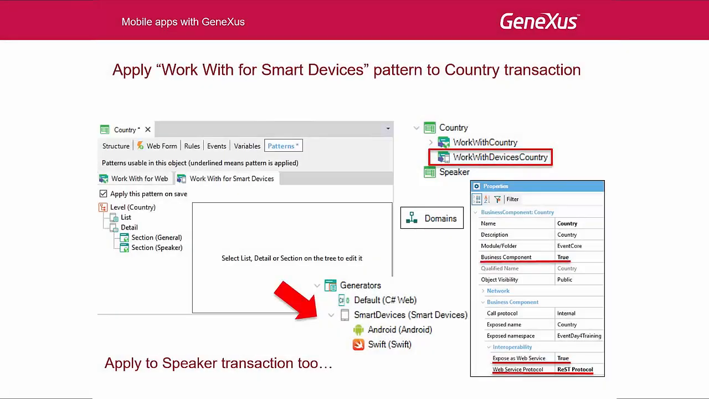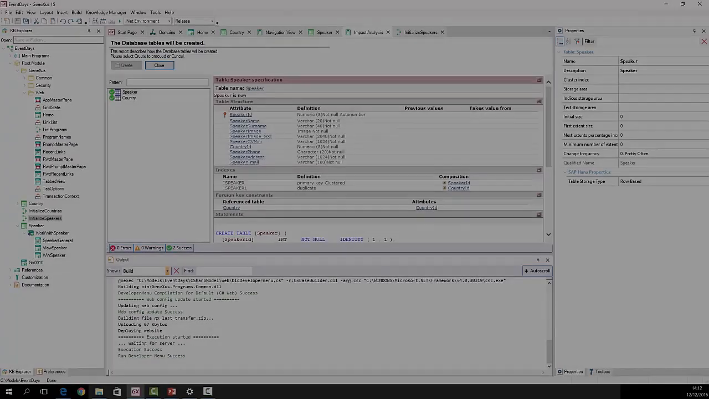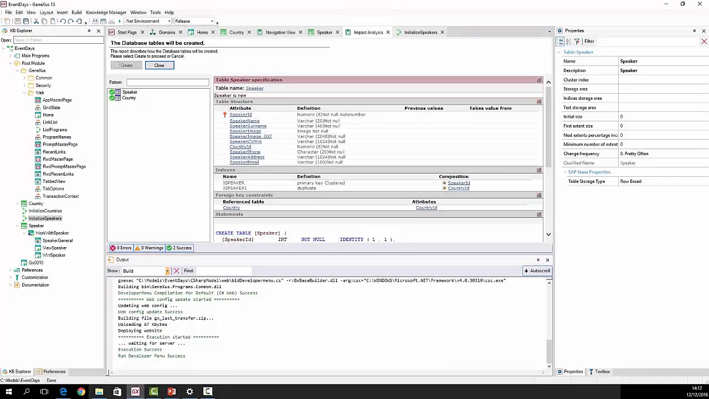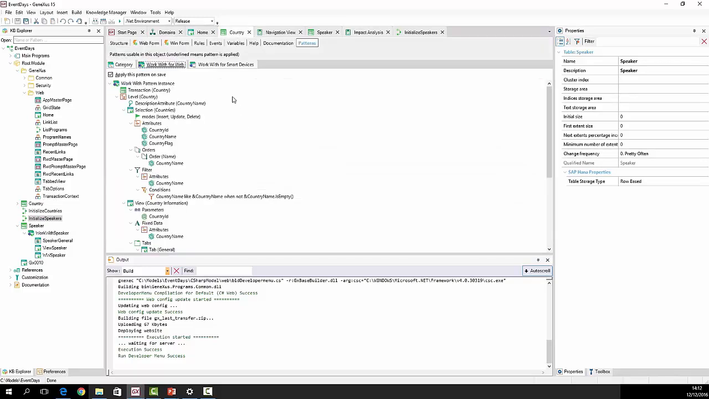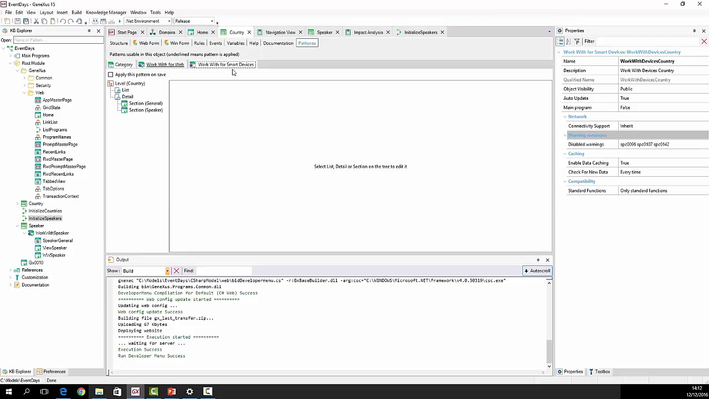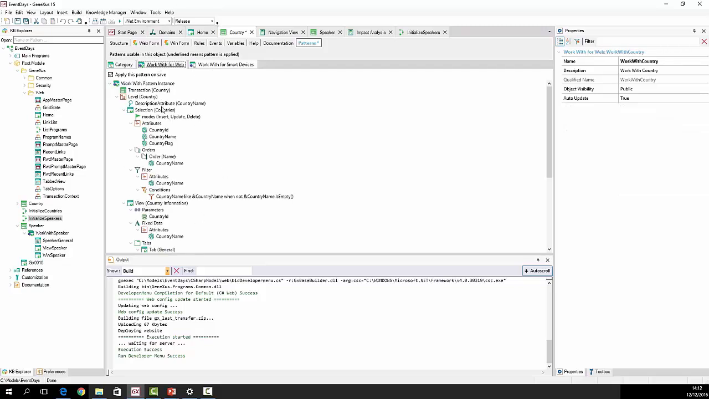What we will do now is apply the work with object for smart devices and see what happens. I open the country transaction and I select the Work With for Smart Devices tab and apply it. And what we see here is that unlike Work With for Web, which had the instance file that programmed all the actions and then were implemented in GeneXus objects,